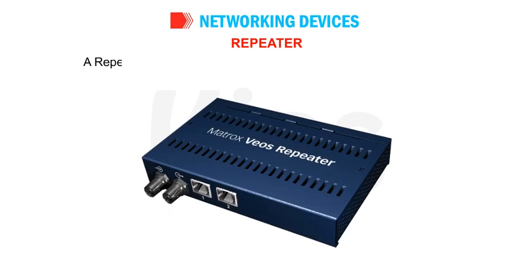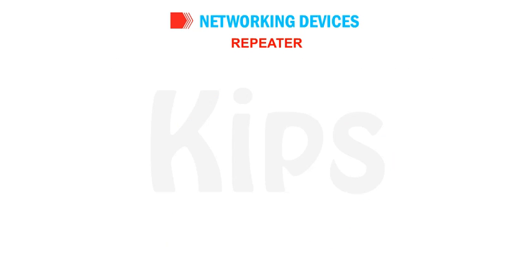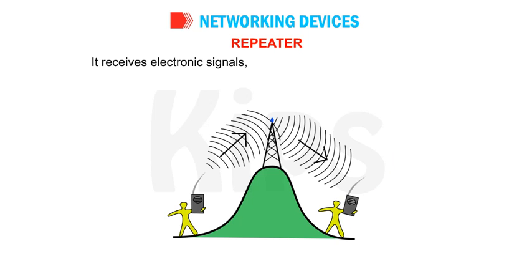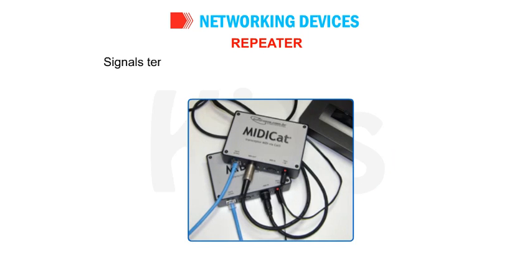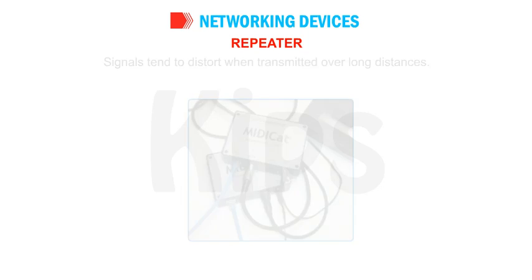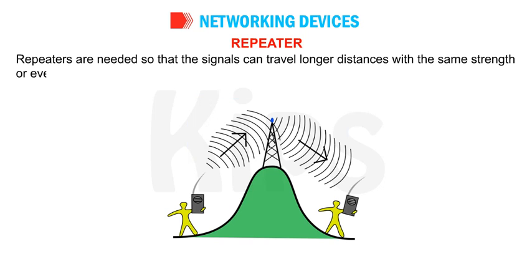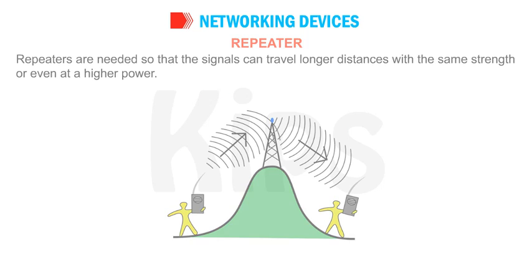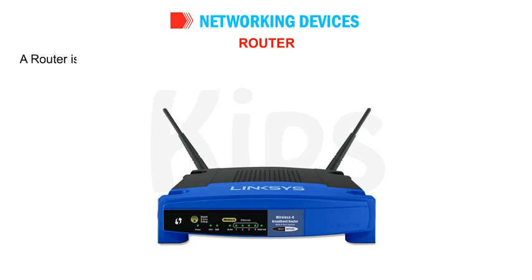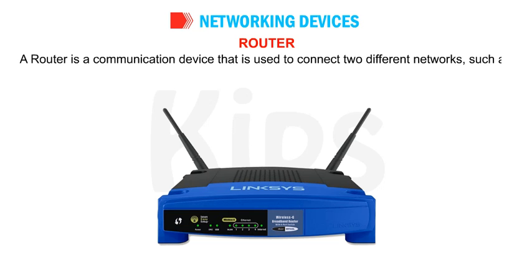Repeater. A repeater is a communication device used to regenerate a signal. It receives electronic signals, cleans them, and transmits them. Signals tend to distort when transmitted over long distances. Repeaters are needed so that the signals can travel longer distances with the same strength or even at a higher power. Router. A router is a communication device that is used to connect two different networks, such as two LANs